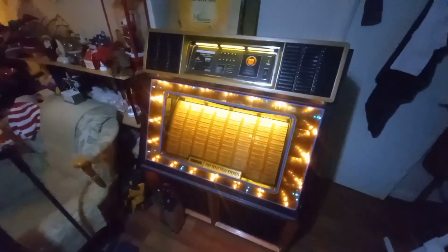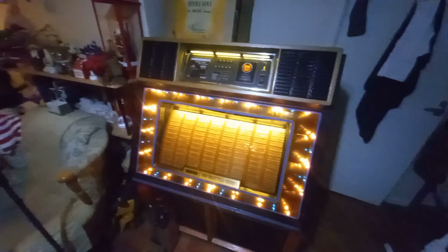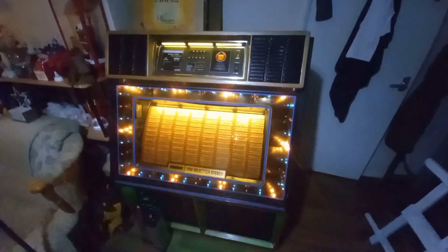Anyway, enough rambling on. This is my Rowe Jukebox. Can't really show you it playing any music yet, but